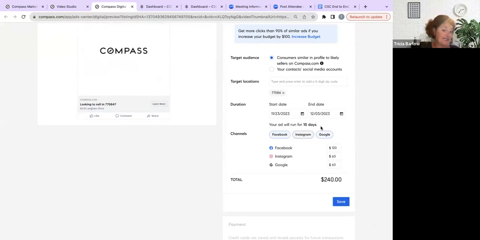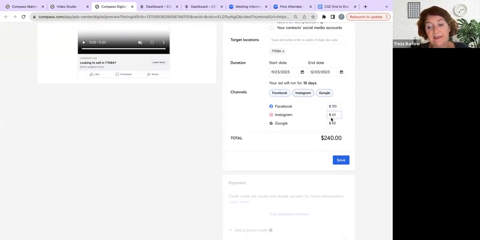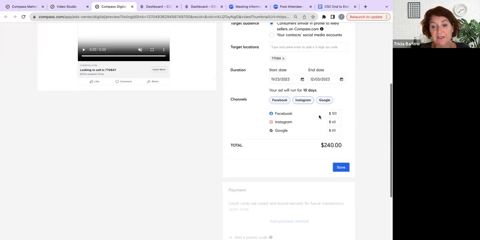It's running for 10 days, and you select your budget. It'll automatically decide on the budget, but using the Compass AI, which is pretty good. Last time we were doing this, I tried to work it out, and it does work out as per what we have recommended, like on the price point, like $10 per day per platform. Facebook is a little more, because it's doing $12 per day on that one, and it's doing less on Instagram